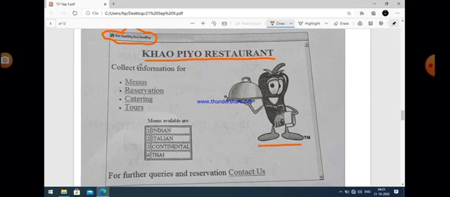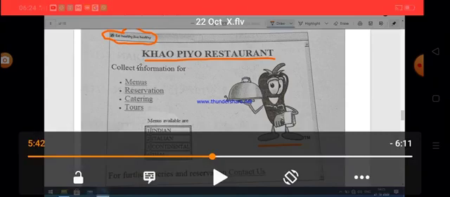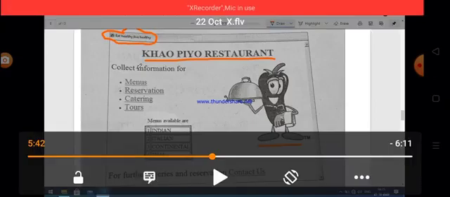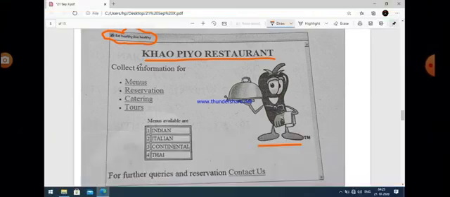Okay, you can think that maybe it is possible that some are underlined and some are not underlined. These are the links because links are given in this question, and actually 5 links are given in the question. One link, which is very clear, is written for contact us, which is given at the bottom of the page, and 4 links are also given. And inside this web page you can easily see that there are only 4 points which are underlined. These are menus, reservation, catering and tours. And the web pages that will open after clicking on those links will be 1.html, 2.html, 3.html and 4.html.